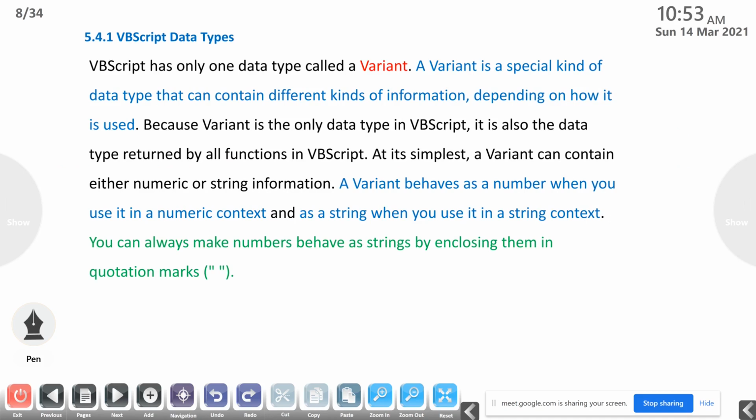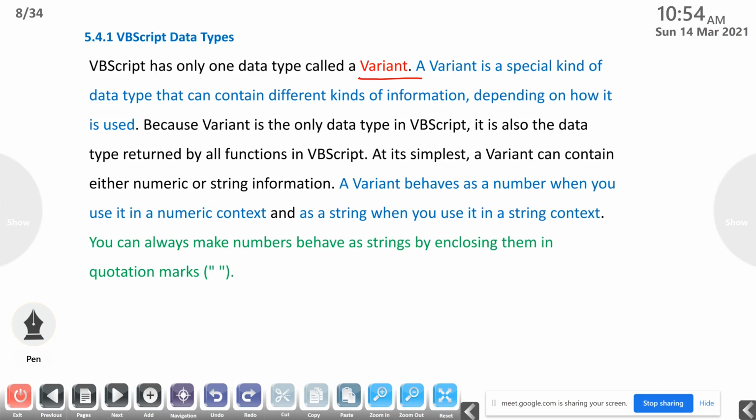So the data types are the same as JavaScript. Here also we are using data types in VBScript. VBScript has only one data type, that we call the variant type. So in VBScript, normally we are using the data type called variant. There are different types of variant data available in VBScript.